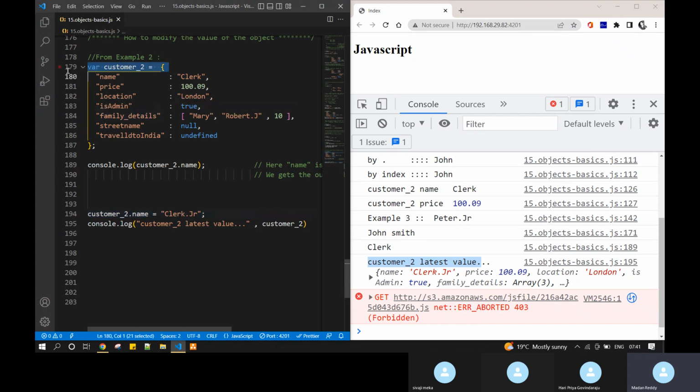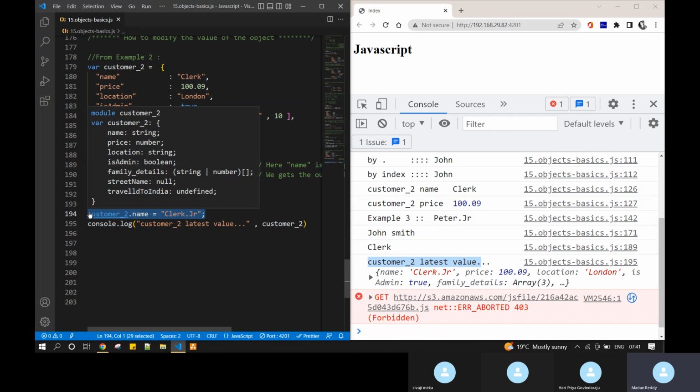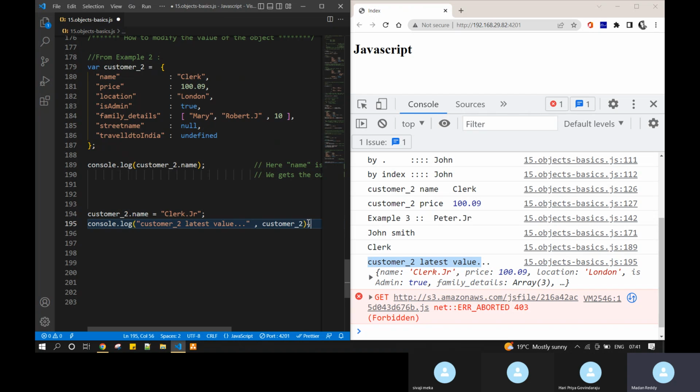So even if you want to modify the price, just take the key value. First of all, you have to focus on which value you have to modify. Whether you want to modify the location, or the street name, or something else, first of all you have to focus on that. So as of now, I'm going to modify the price. So now here I'm going to give something like 201,